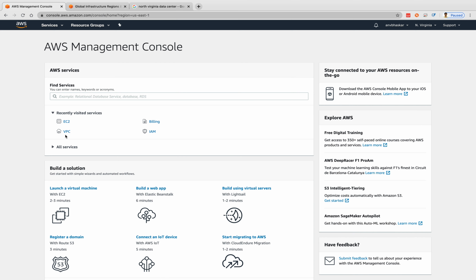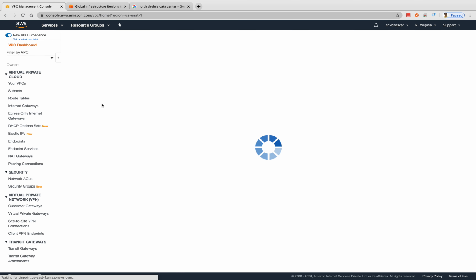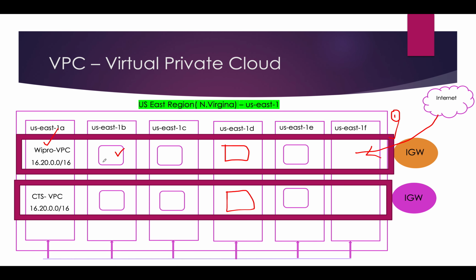Here I will go to my VPC. We have one routing table, right? So 1b and 1c communication through private IP, you are able to communicate. For these two, a gateway is not required, the routing table is there, right? From outside the VPC, if you want, you need to come through the gateway.